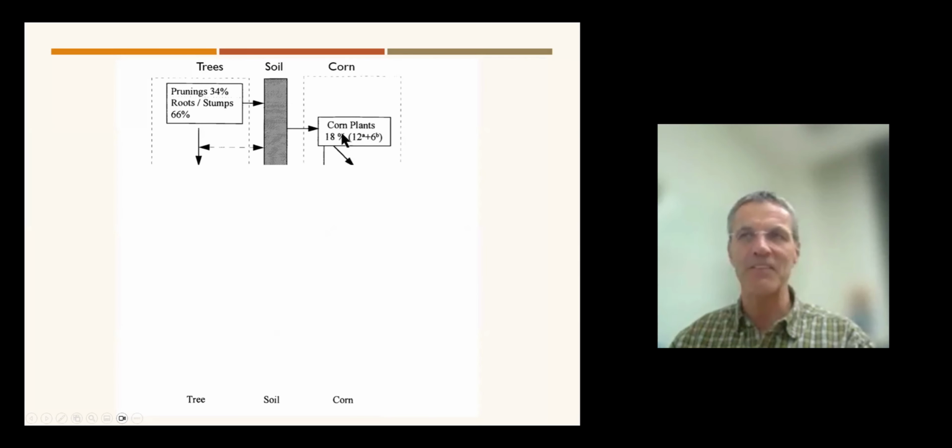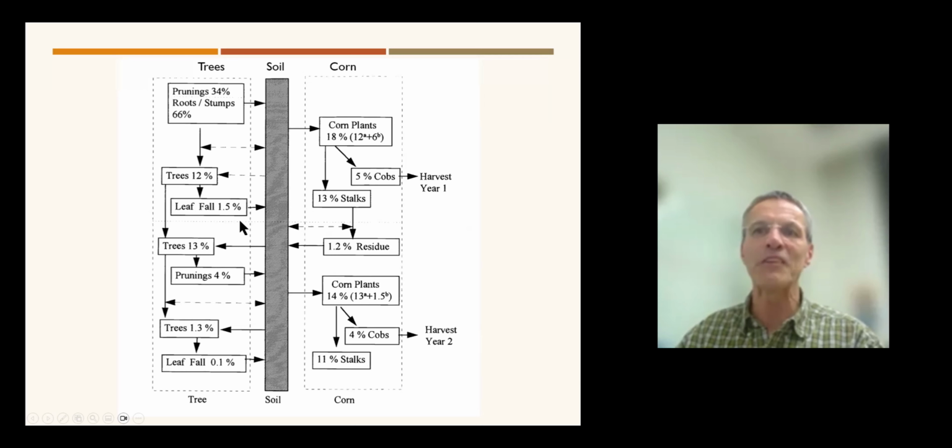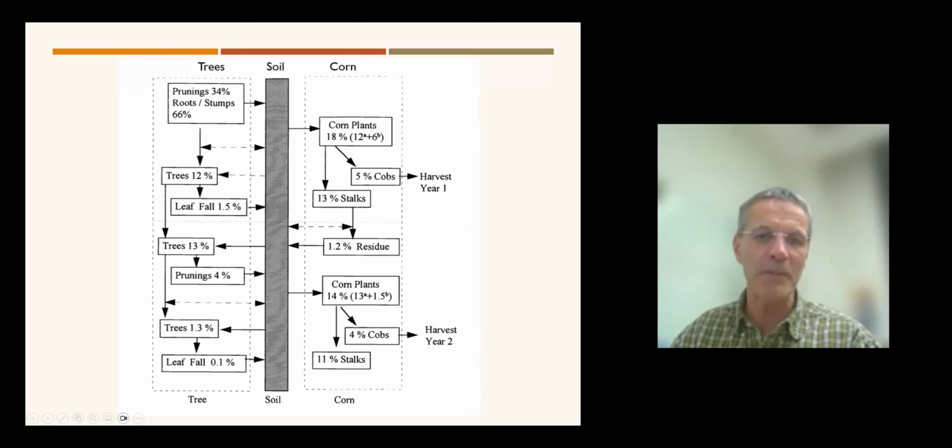I could measure that by doing thousands of soil samples, and follow it along to see where the nitrogen that I put in initially goes. When it goes through the soil, it gets mineralized and the nitrogen goes into the corn plants, or it goes back into the trees, which is also possible, or it stays in the soil. I did that for 2 years, and could then account for where all the nitrogen goes.